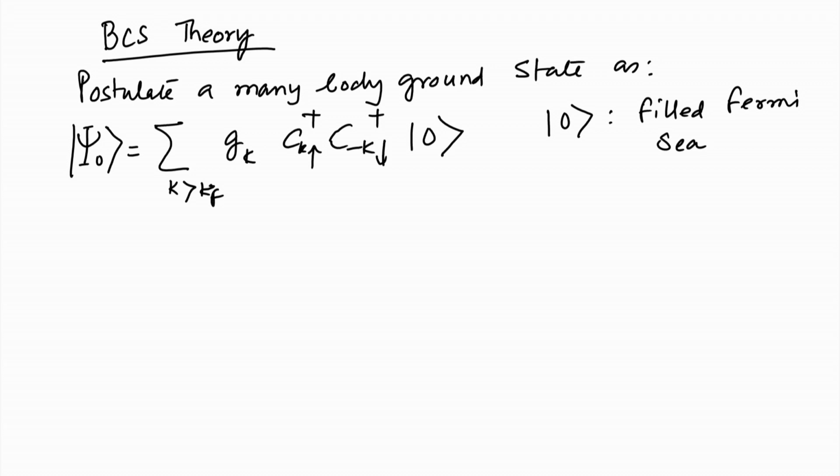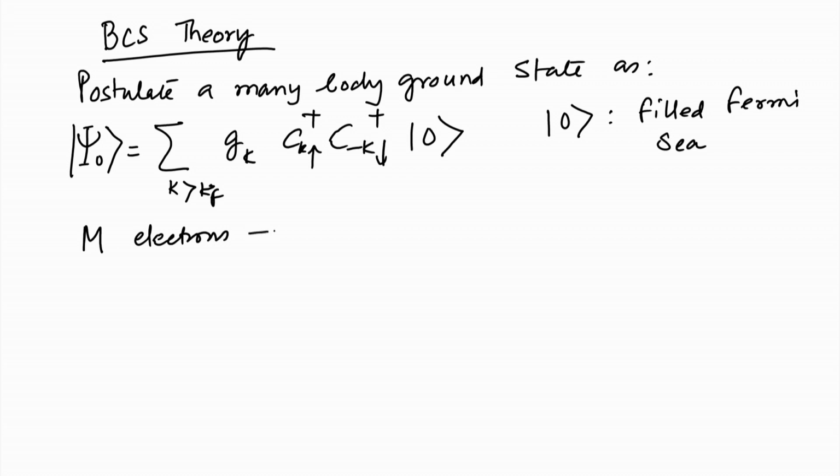g k is some amplitude of the wave function, and c k up dagger, c minus k down dagger is a pair created with momentum k and minus k with up and down spins, and this is a many body wave function, a superconducting many body wave function, and then we have say m electrons,